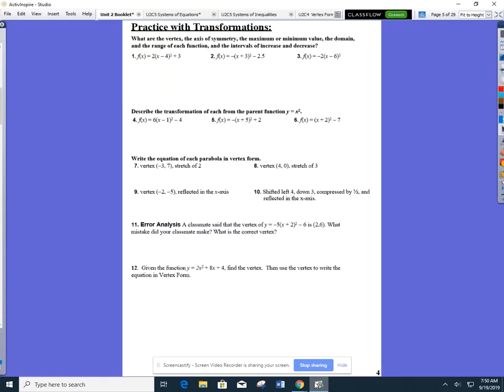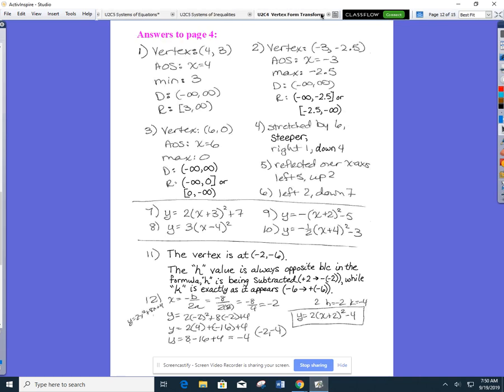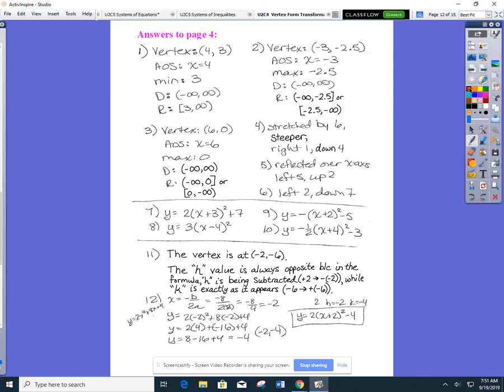We're going to start today by going over yesterday's homework, which is on page 4 of your book. So these are the answers to the assignment. You're welcome to pause this screen and check over your work. If you have questions, you certainly can raise your hand and ask them. I think maybe the question that I might want to address that I think students will have is with number